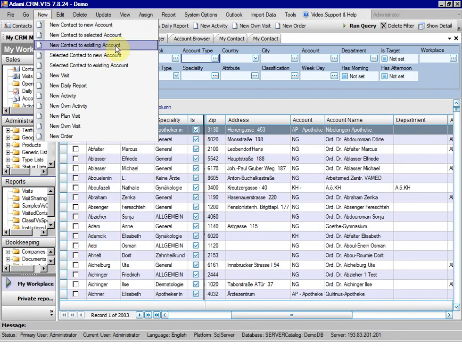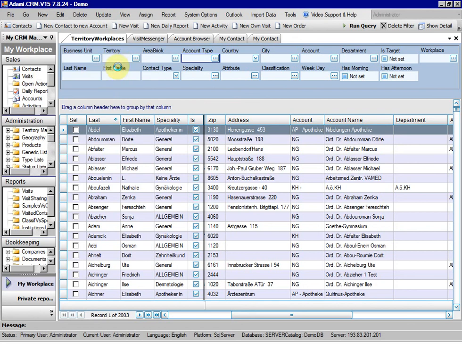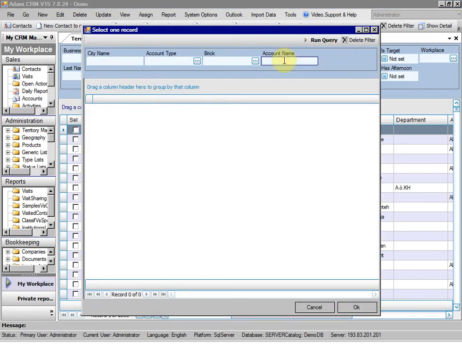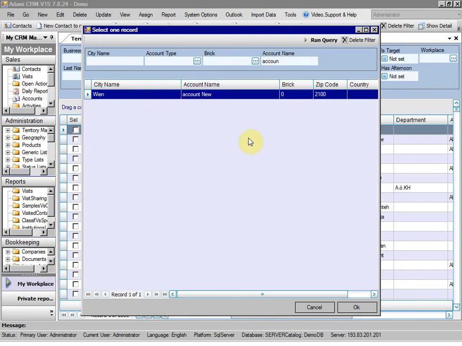To create a contact for this one too, we have to go back into the contact browser and choose either new contact to existing account or selected contact to existing account. We look for the new account created,